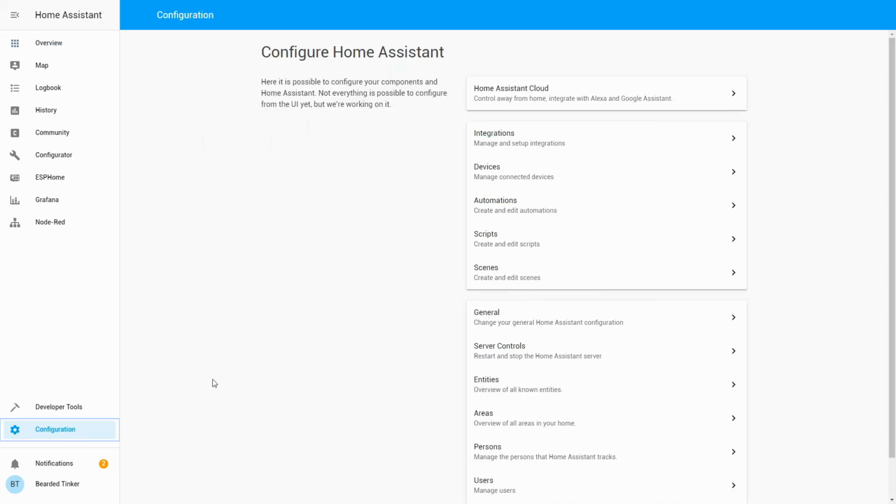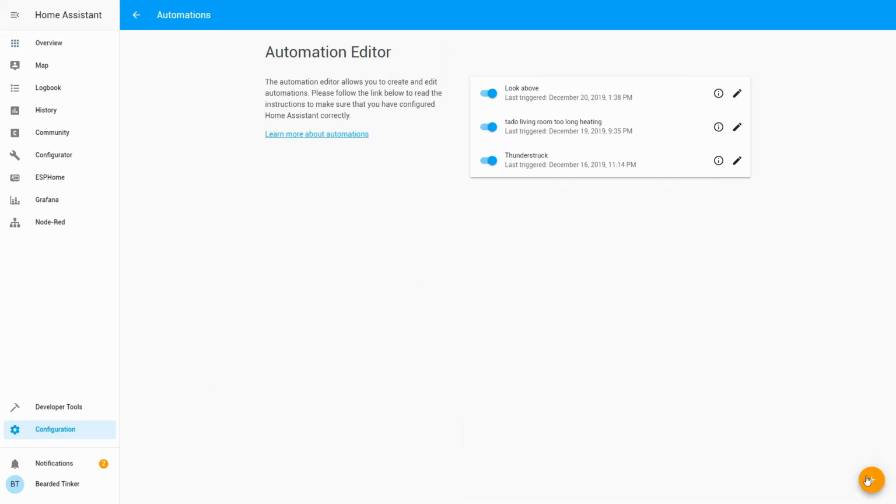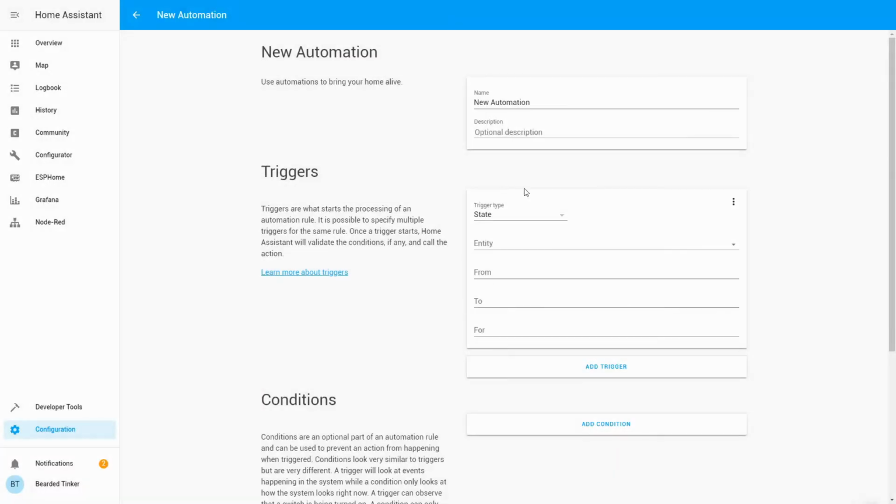So let's go to configuration, automations, and here let's create a new notification. Let's call this camera motion webhook. This automation will allow us to at first see if everything is working up to this point, and that will help us in debugging if something is wrong. And second, it will allow us to finally run our image processing or face recognition inside Home Assistant. Trigger for this has to be webhook,